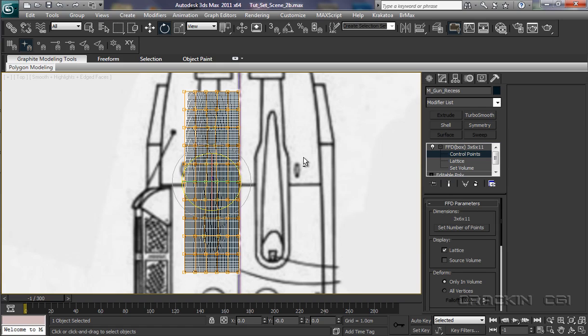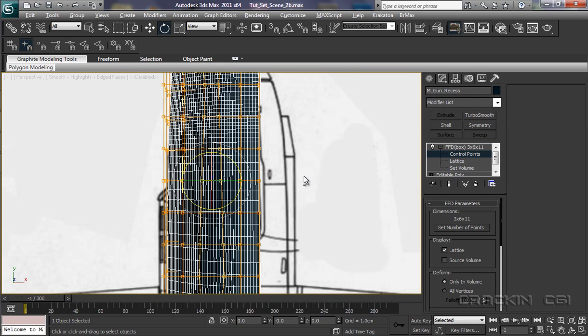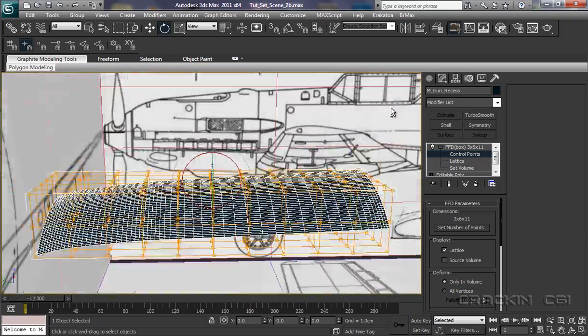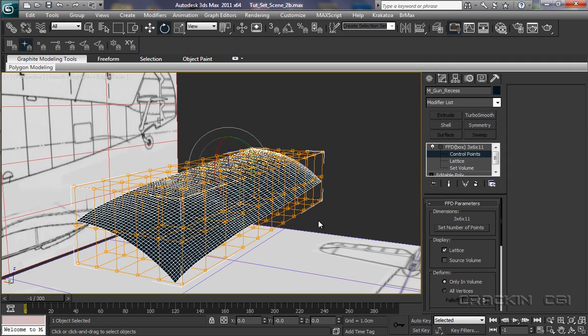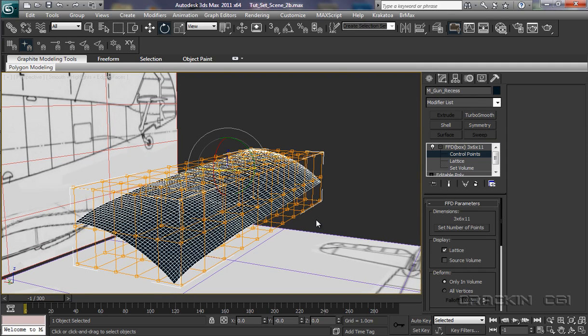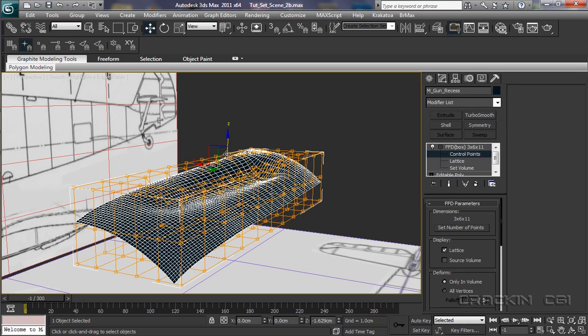I'm now going to pop in to the perspective viewport. Let's rotate around a bit so we can see. W for our select and move tool. Now what we need to do is actually grab this and push down, and what we're doing is deforming that area. If you can see that,